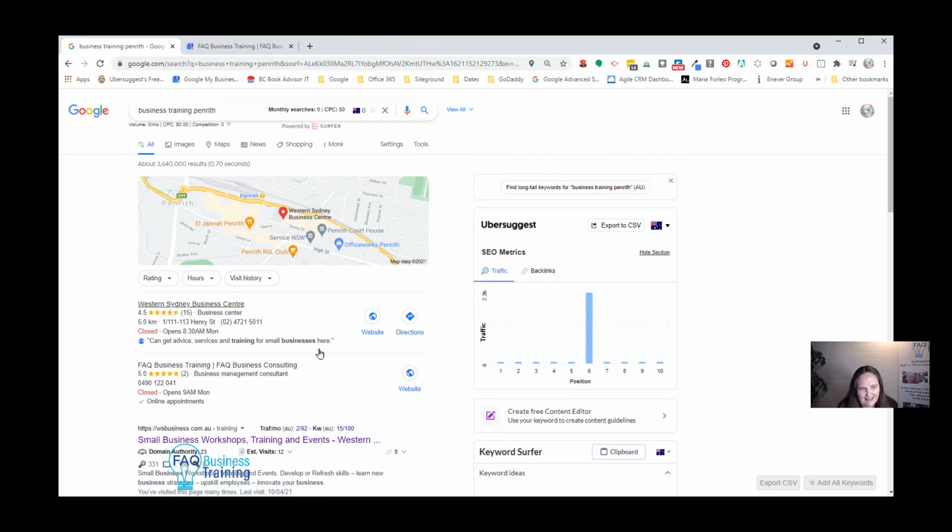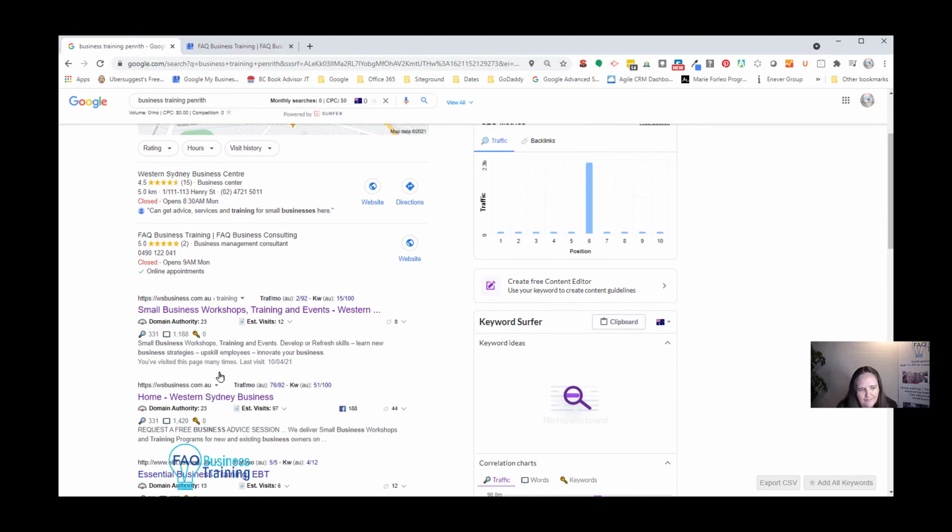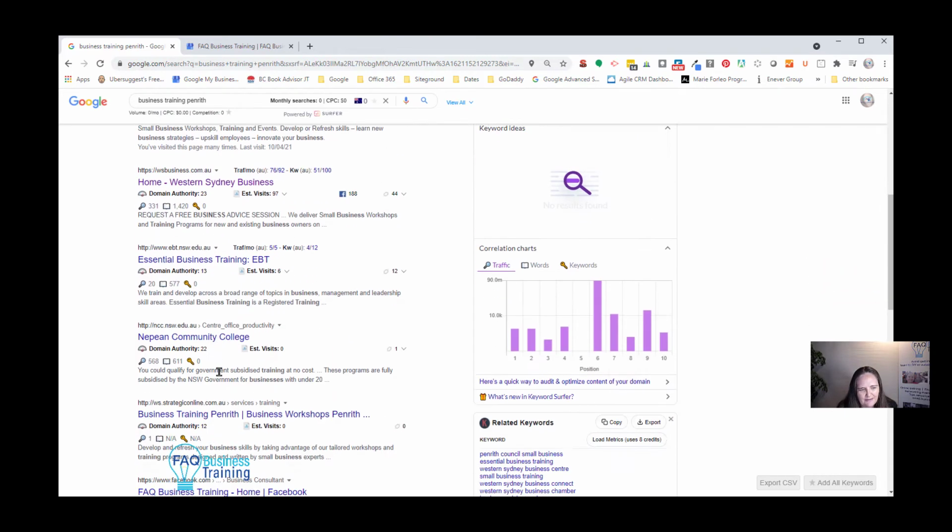In this case, it's actually only put 2 in here, which is really interesting because when I looked at this just a few minutes earlier, it actually had 3 listings in there, one of which had no reviews. So it was kind of useful to actually display something. So you don't have to have reviews to appear in the Google My Business results, and you might notice that a lot of results you look for just simply don't have it. So in this case here, yep, in the 3-pack here,